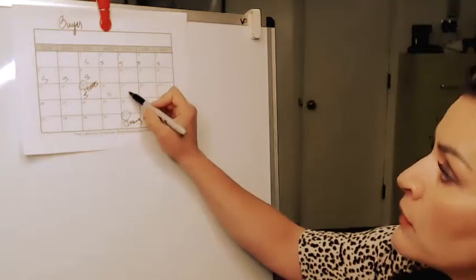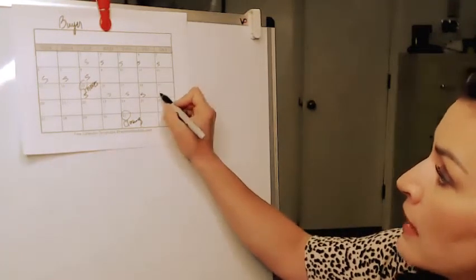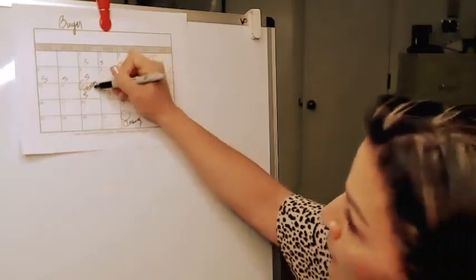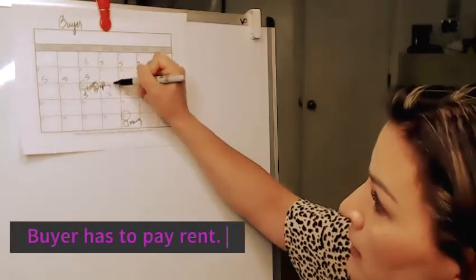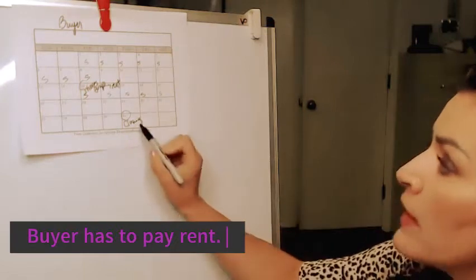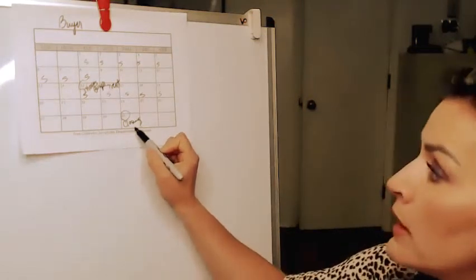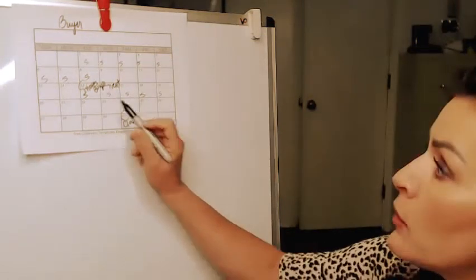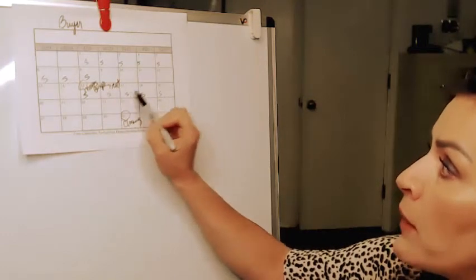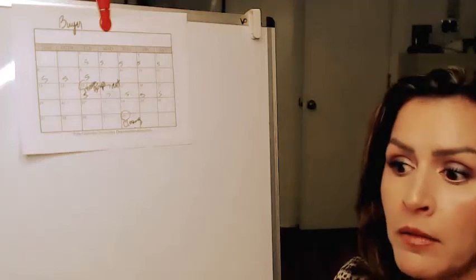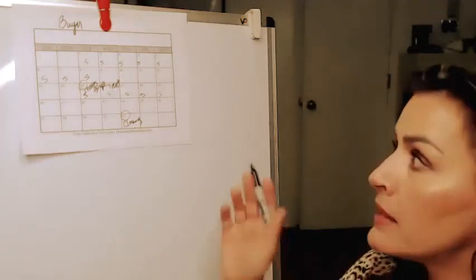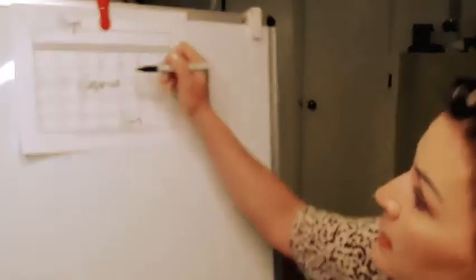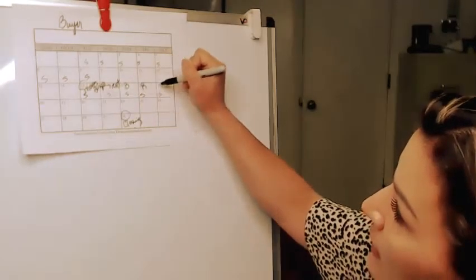Because the seller continues to pay and is not inhabiting the property and the buyer moves in, then the buyer has to pay rent, because technically the house does not belong to the buyer until closing and funding. So because the buyer moves in, they pay rent. So whoever stays in the property during that change of keys is the person who's going to pay rent. So in this case, if the buyer moves in, then the buyer pays rent.